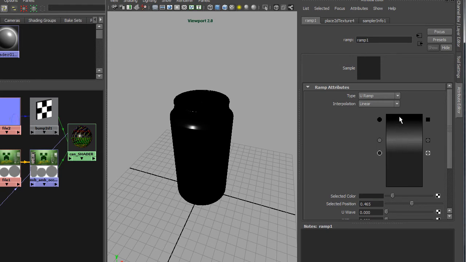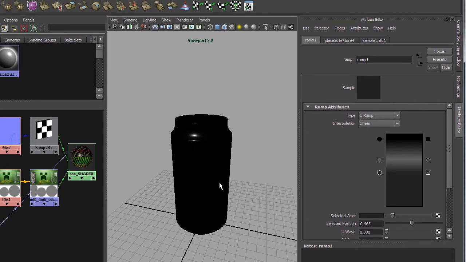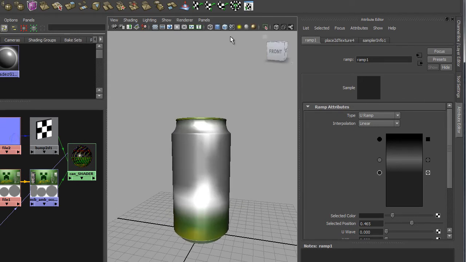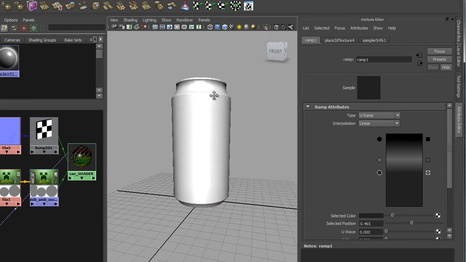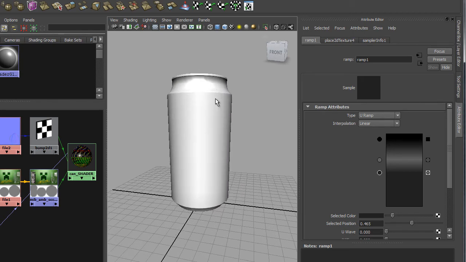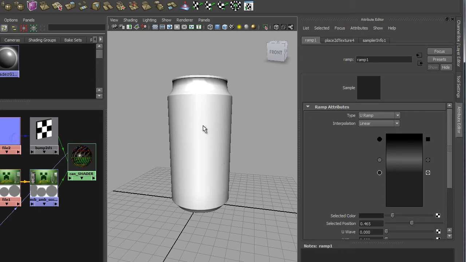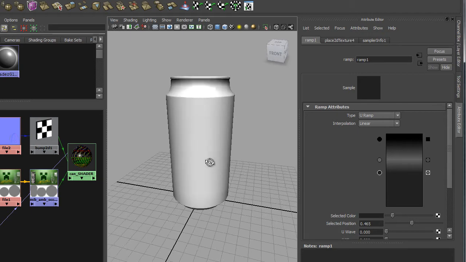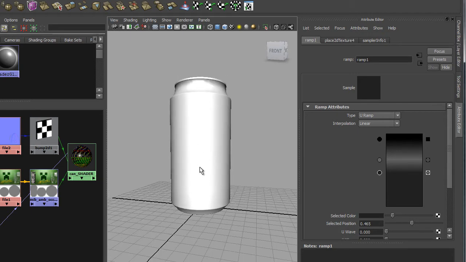the way that this works is, the top of the ramp is where the polygons are facing directly at the camera. So on my model here, I'm just going to turn this back to default so we can see the object a little more clearly, and I'll turn that texture off for a second. Okay, so the top of the ramp is where the polygons are facing directly at the camera. That's where you can see that white highlight there. That's basically that area. The bottom of the ramp is right at the very edge of the can where the